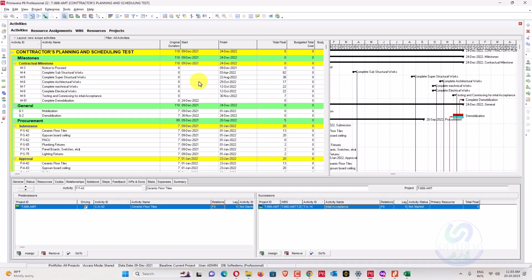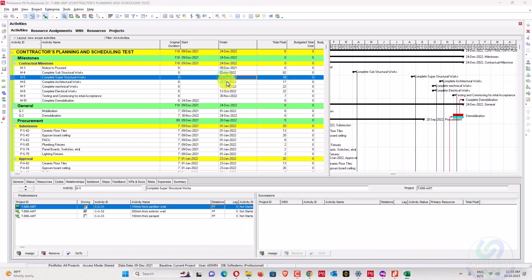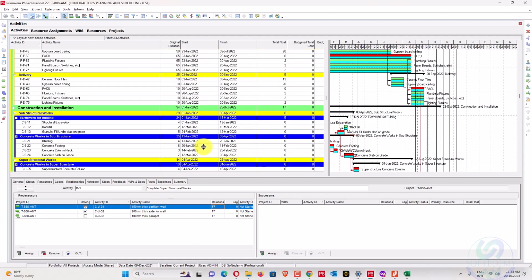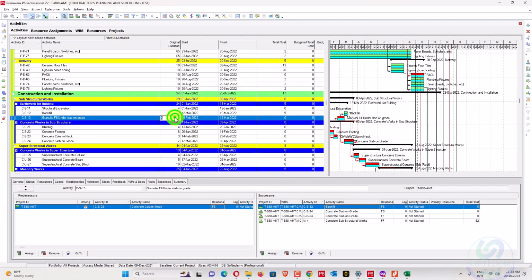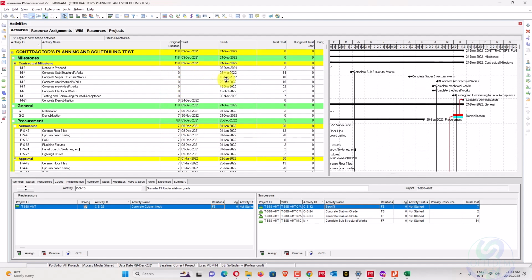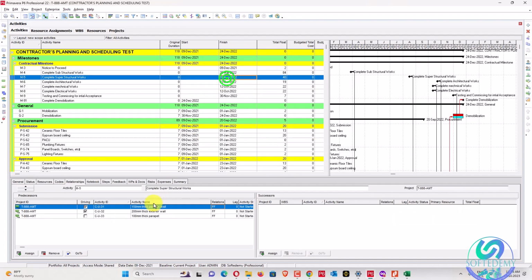And what about our complete structure work? It's 18 of August and we are on 22 of August. So if we want to finish that one, we can just decrease 2 days here, like 3 days here. Okay, so if we do that, we can finish that one on 16.